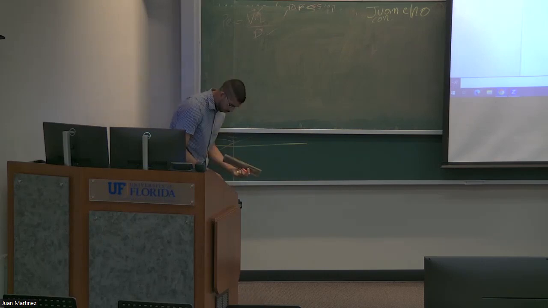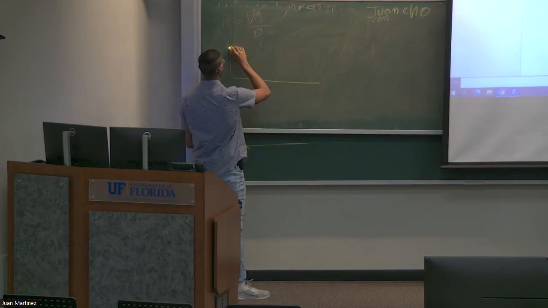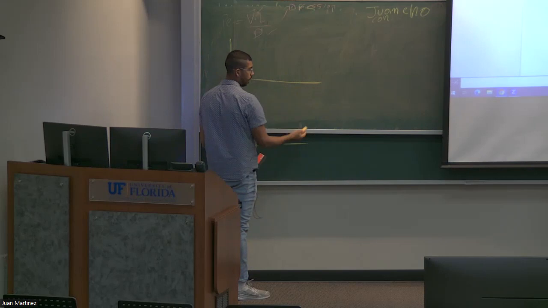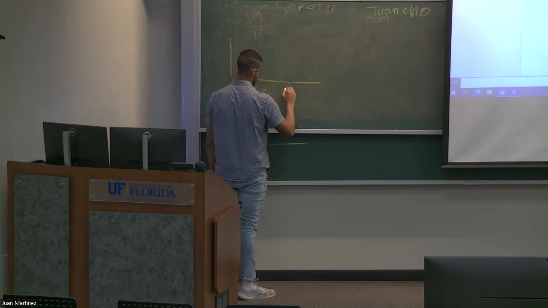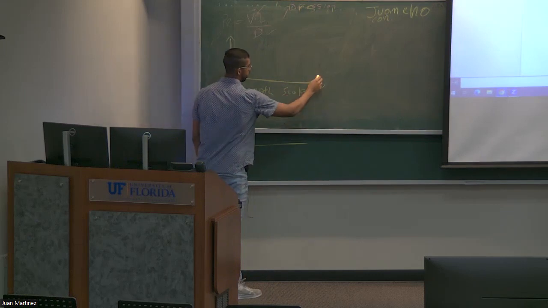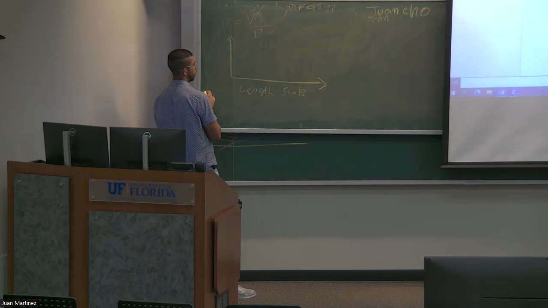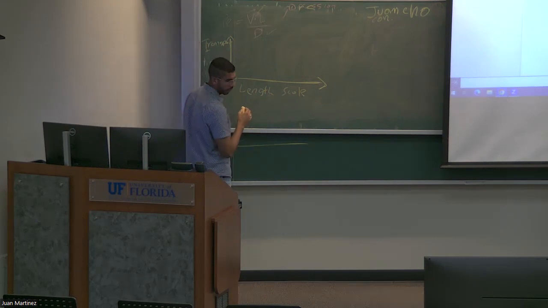Something that Dr. Lewis is going to explain later is that if we have a graph with length scale on the x-axis and transport time on the y-axis, then diffusion